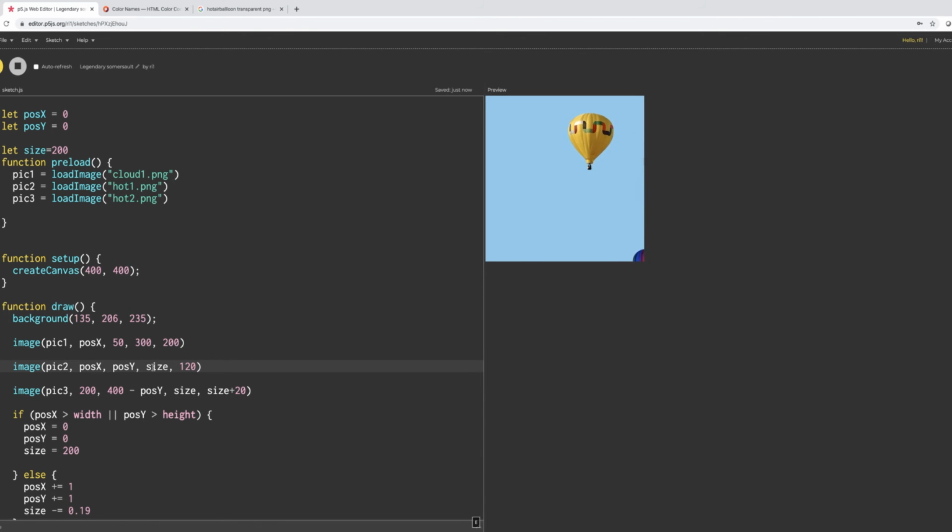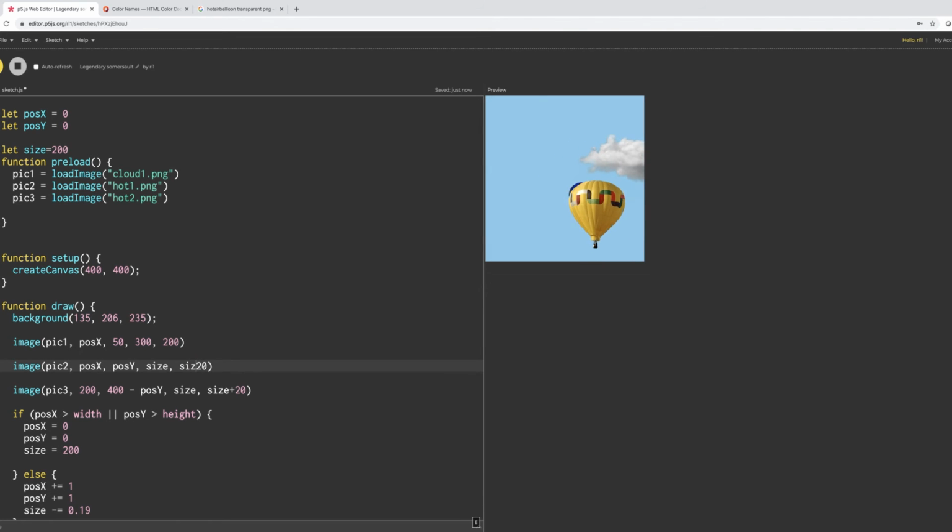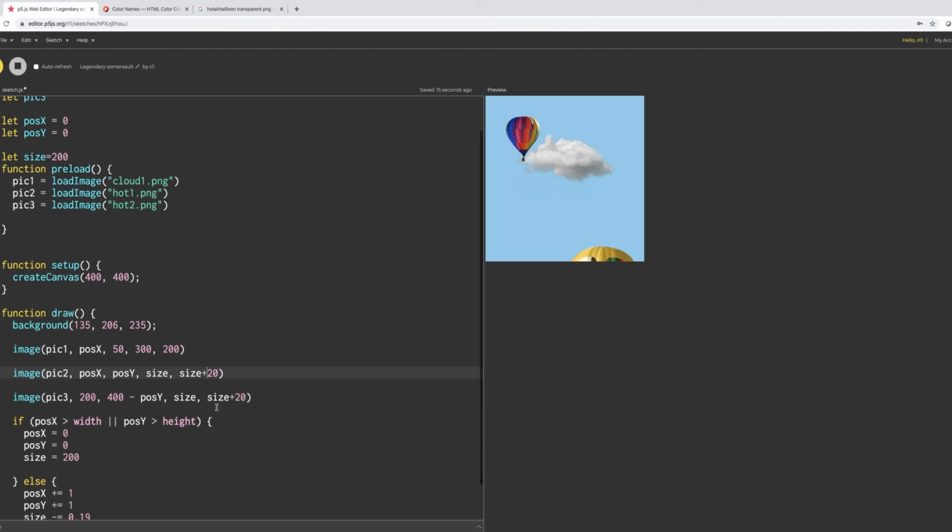Now the size will be from 100 to 200, so size at first from above is more, and then it will start decreasing. But if you are seeing anything from further away, it should not be, let's see,